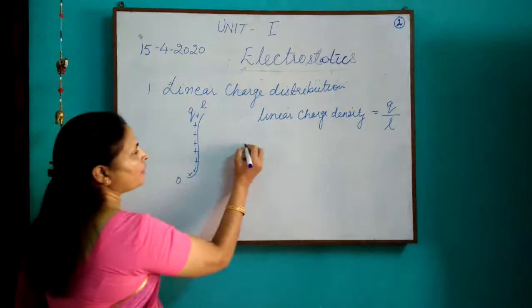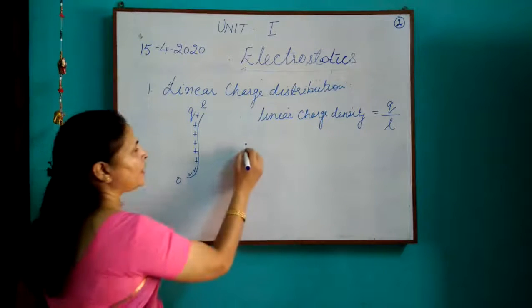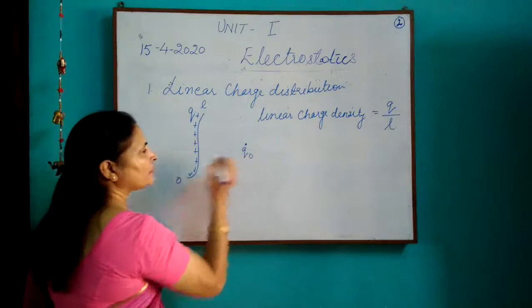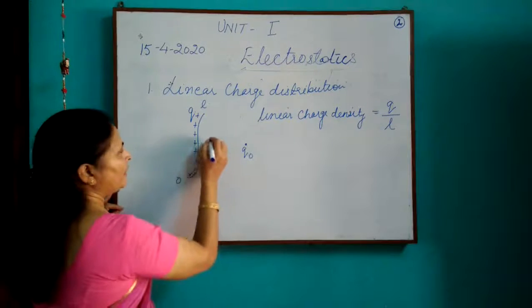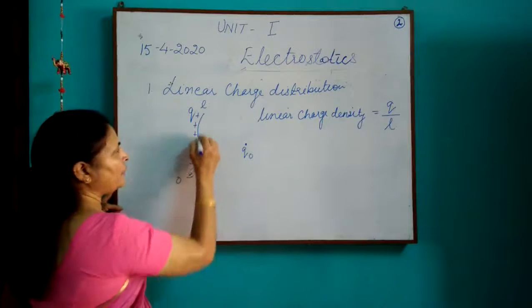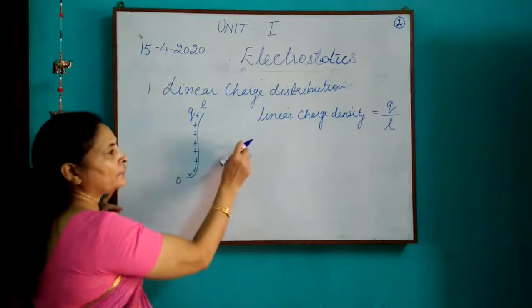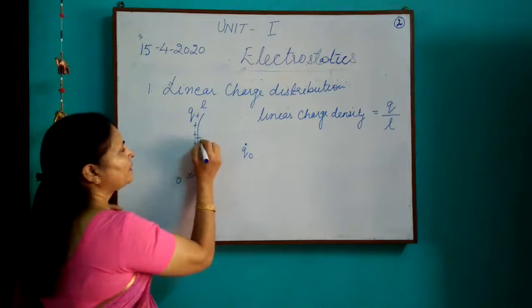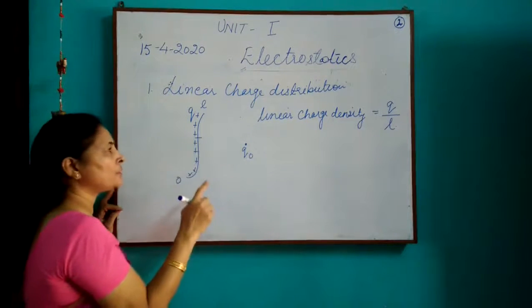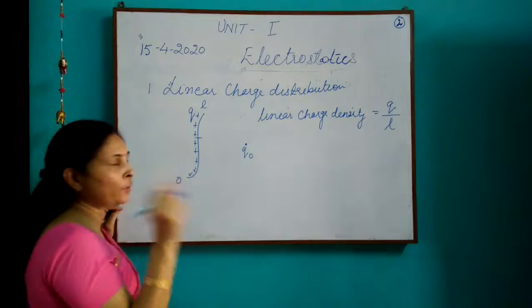Suppose I want to find out a force between this linear charge distribution and say a charge Q naught. Now the distance from different points of the linear charge distribution will be different for this Q naught. Also, Coulomb's force is applicable only for point charges, so what I'll do is, I will take